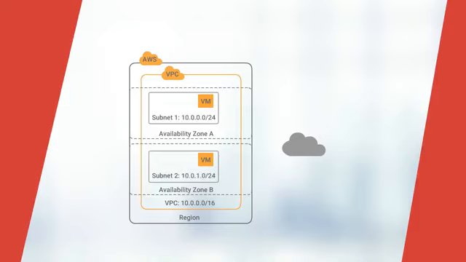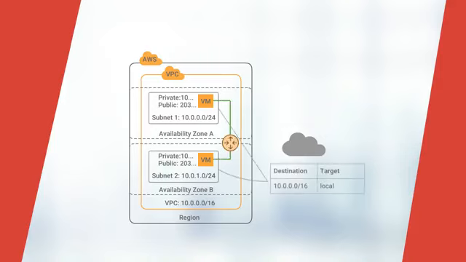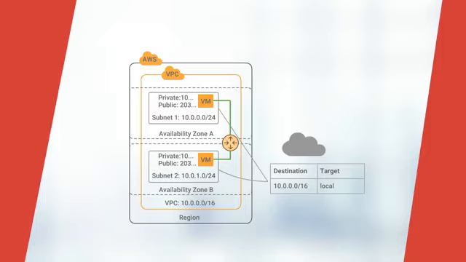Each instance is added to a subnet and gets a private IP address from its subnet range along with an optional public address. Routing tables enable instances to start the traffic sending process and find their targets. Each route says, for a group of instances sending traffic to a group of destination addresses, send it to a target for routing. When the VPC is created, it creates an entry in a routing table that allows instances to communicate with each other using internal addresses. It also allows you to configure access to external hosts using proxies, gateways, or VPNs.